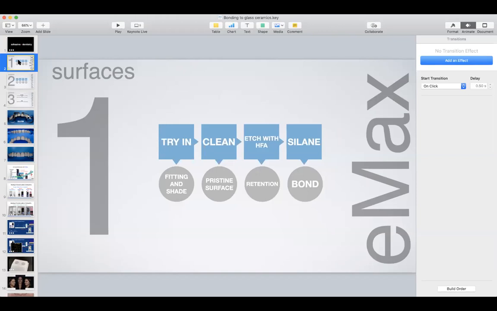But because people feel uncomfortable doing that, though some do anyway, I will recommend that you try it in, do the adjustment, determine the proper fitting, and then clean it, remove all the saliva, and then do your etching with hydrofluoric acid. You're not going to etch longer than that. Emax, you can etch in 20 seconds. It's fairly simple, all right? Etch it 20 seconds,